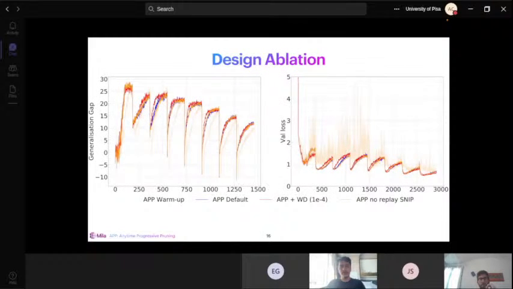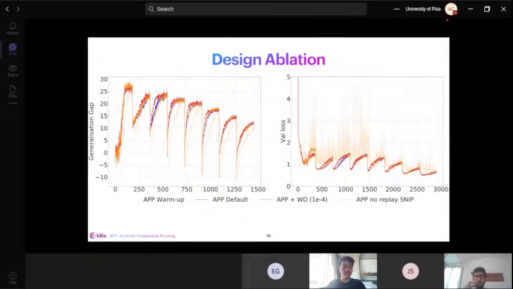So remember, we had a very specific design of APP, which might raise some eyebrows about why we did the approach that I stated and why not something else. So we did verify with our experimental setup that the design that we have is most optimal. Here the plot is basically showing the generalization gap and the validation loss for 4 different types that we tested.